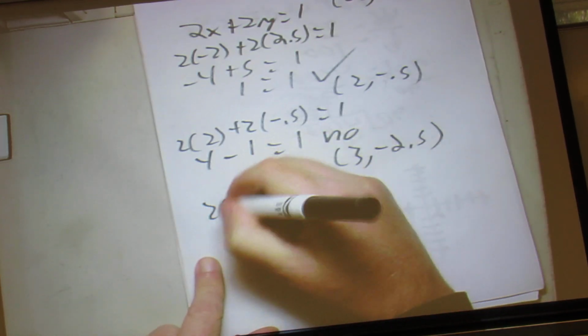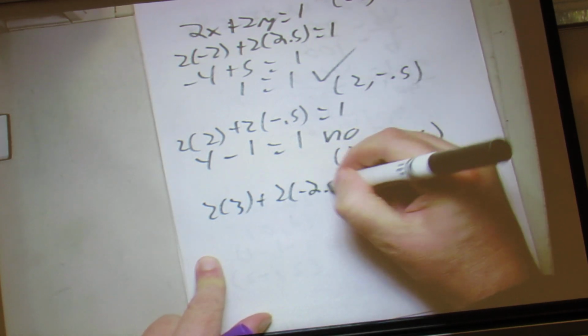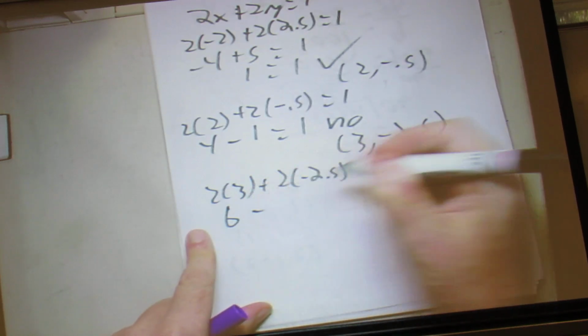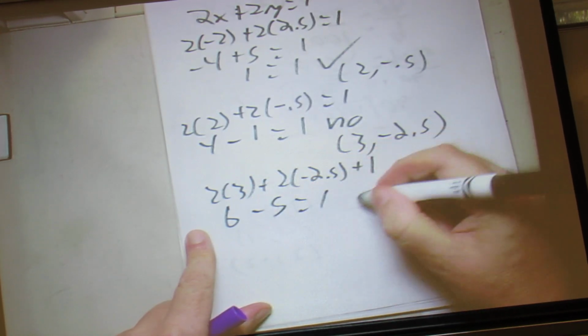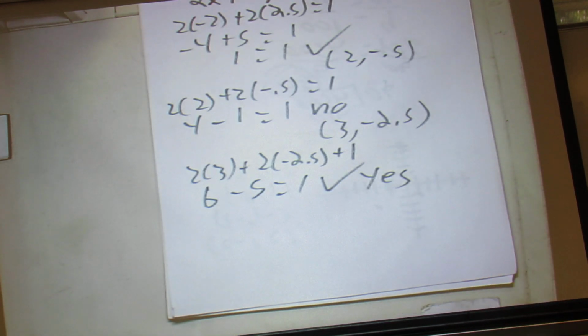So we put 2 times 3 plus 2 times negative 2.5 plus 1. Here we're going to get 6 minus 5 equals 1. That's a yes. So in this situation we had 2 yeses and 1 no. Then it's going to give